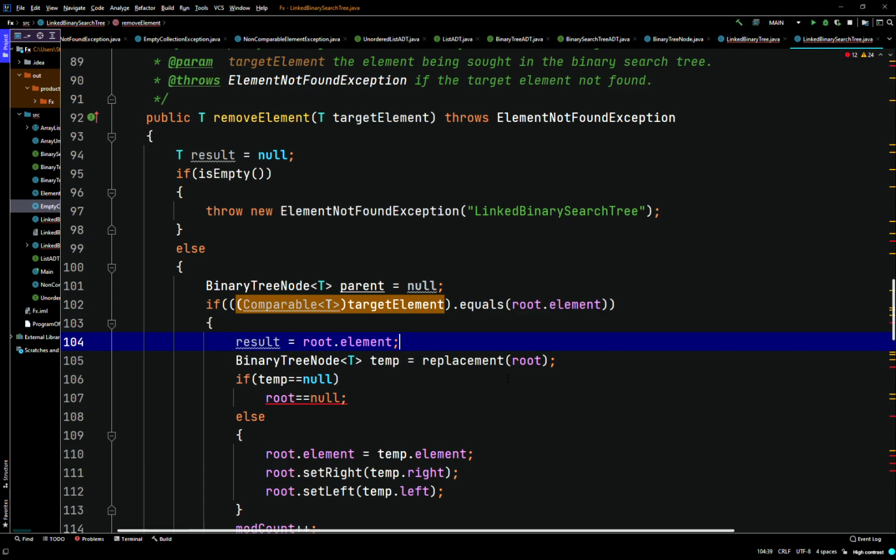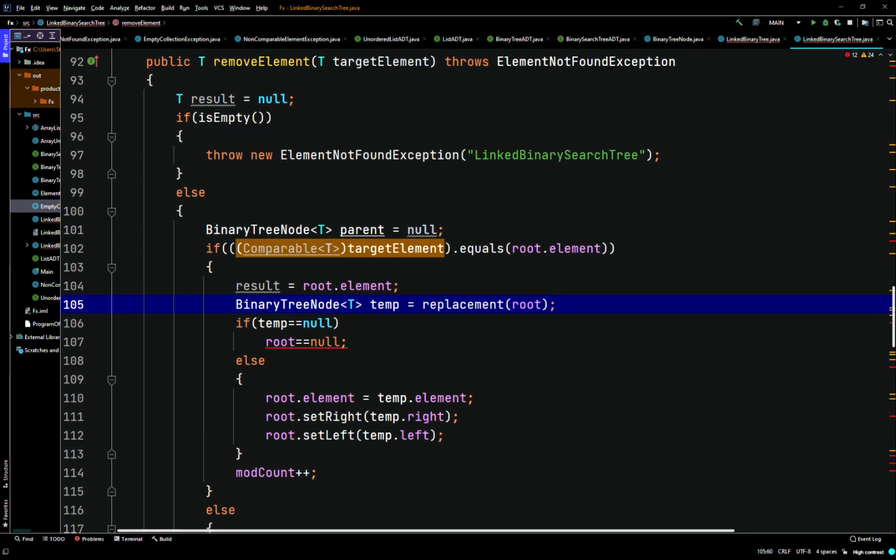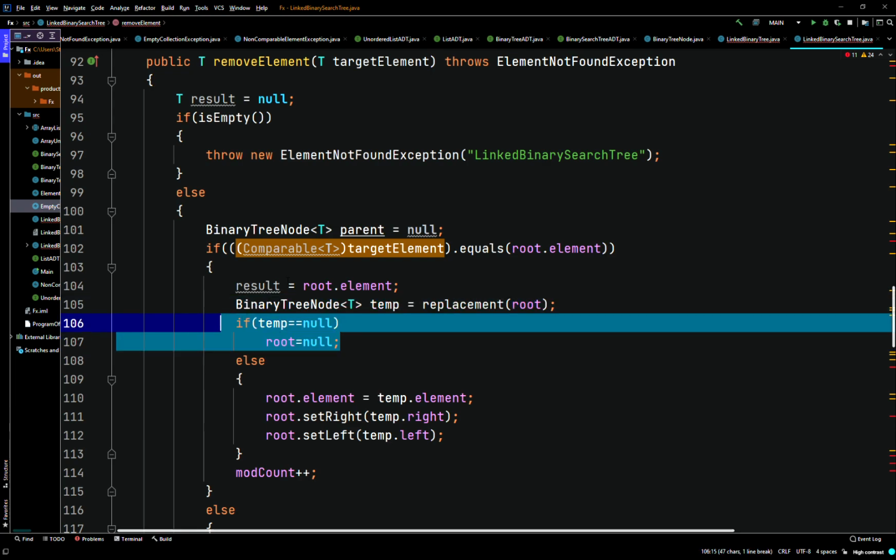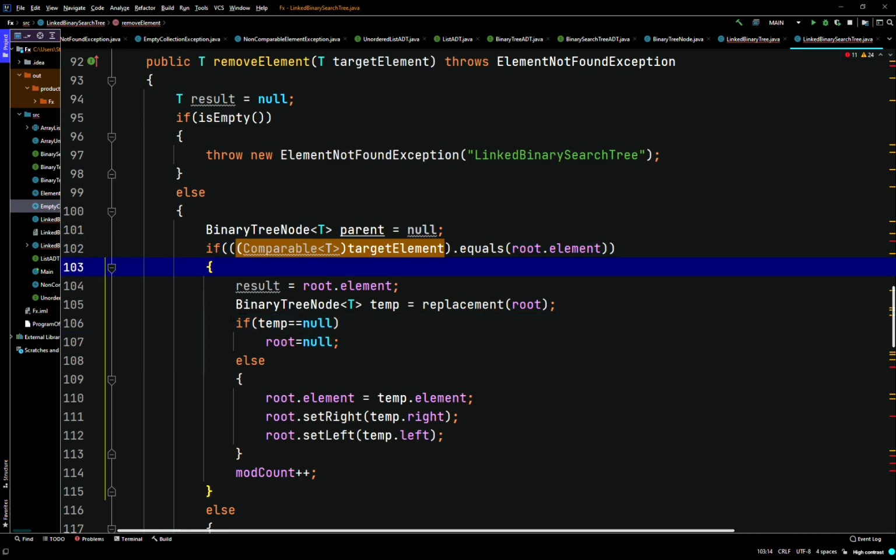Excuse me. So what's the in-order successor? The in-order successor is the node that contains the next highest value. So that's going to be on the right of the root, the right child. So we're going to say, okay, temp points to replacement root. If temp is equal to null, so if there's no children, then return null. So this statement means, okay, we're looking for 5, we found 5. If 5 has no children, then return null. But if 5 does have children,